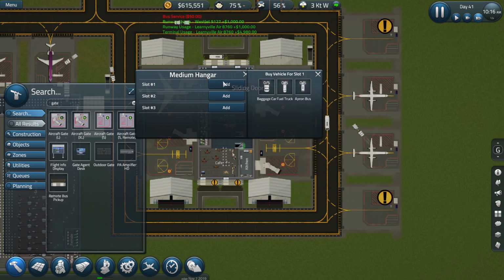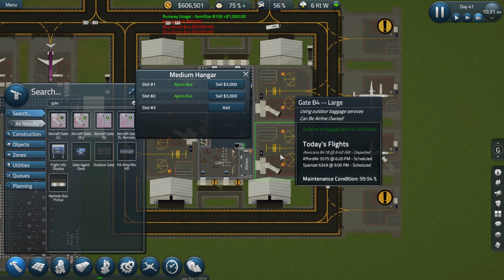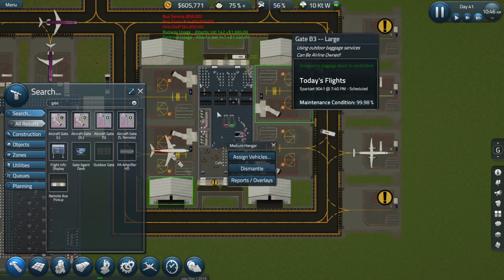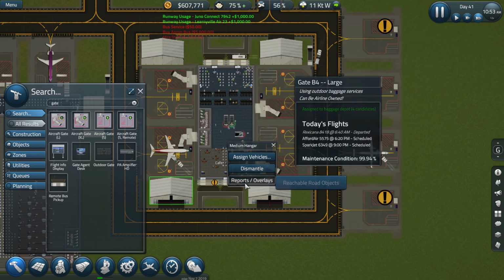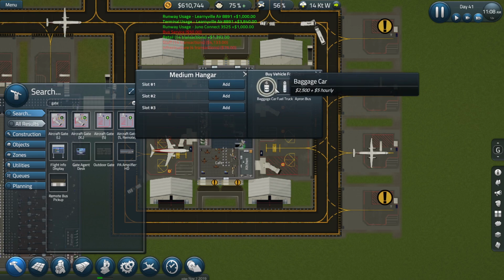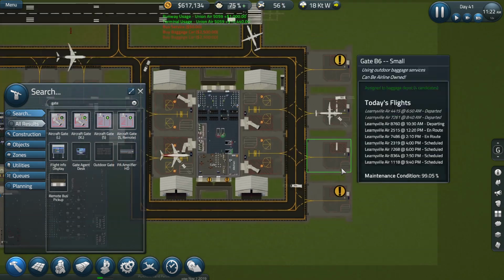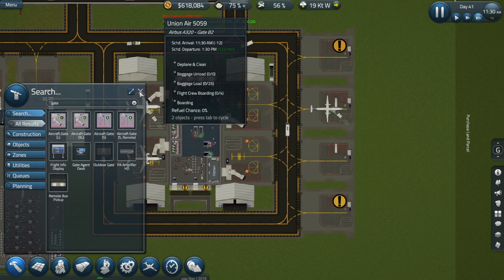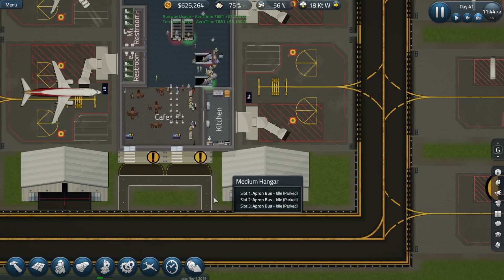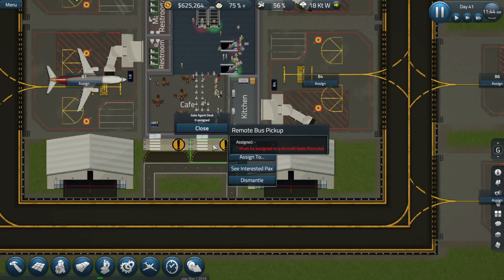Let's assign a couple of vehicles. I need a few more apron buses. So we'll add a couple more apron buses for now, and maybe let's add a third. I think 5 between the 4 stands is probably a good ratio. And I'll grab 2 additional baggage cars to see how that works. Excellent. So now those things are sorted out. So now I need to assign it to...